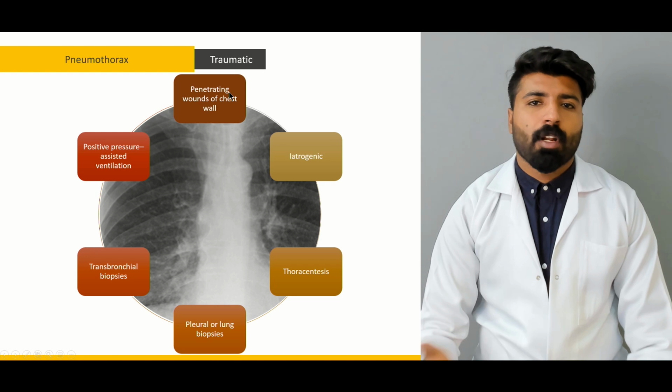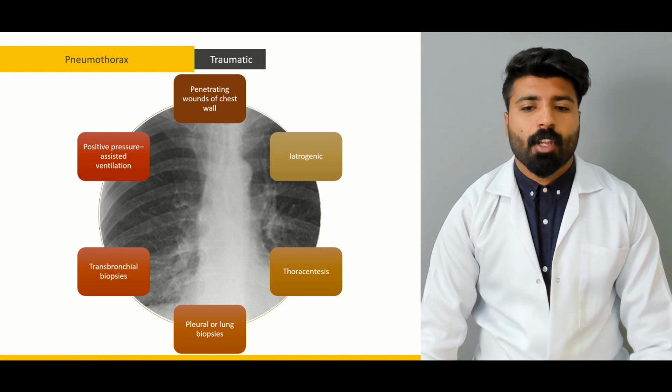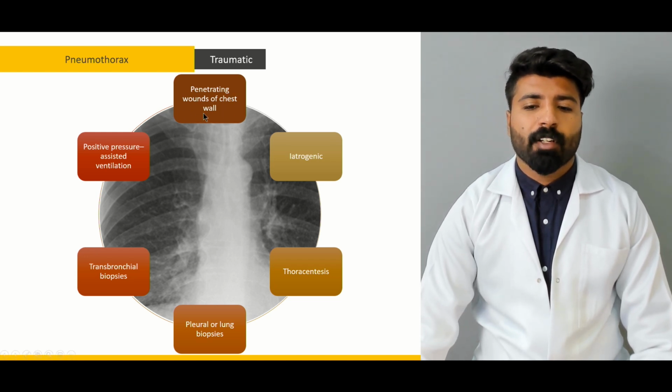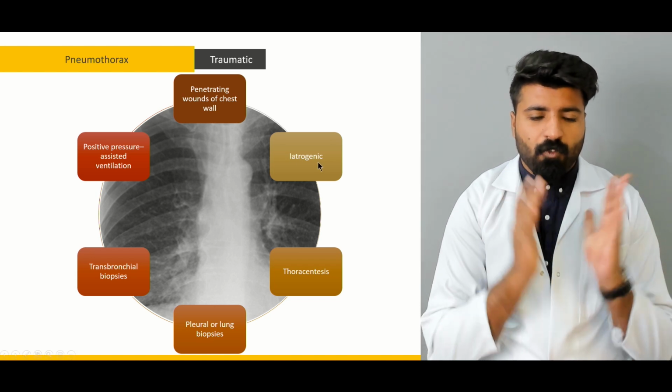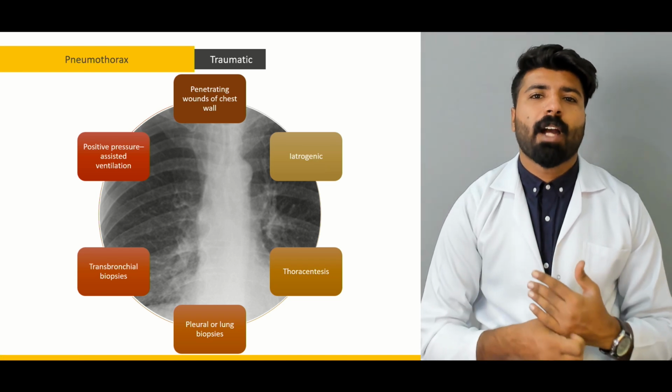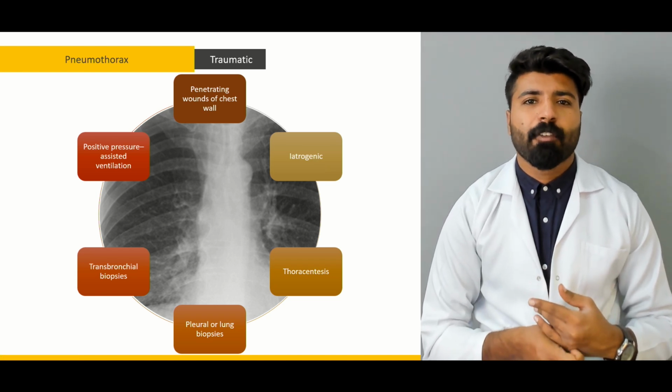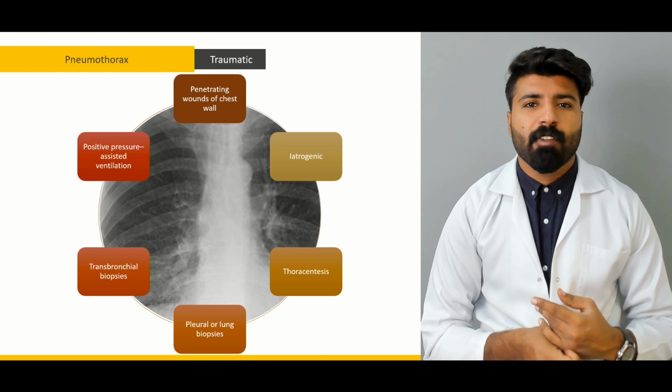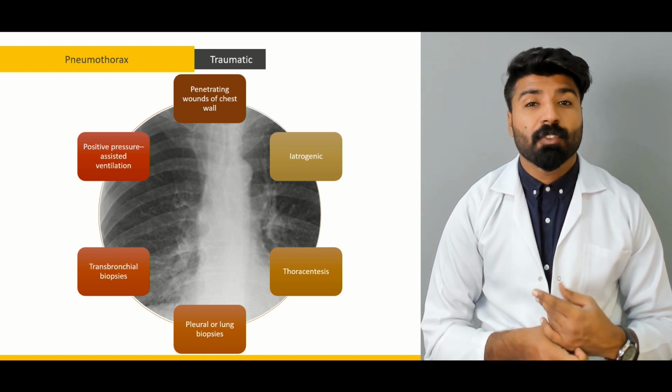Maybe someone put a knife to your chest. You got a penetrating wound of the chest wall. Maybe it's iatrogenic. You don't know the cause of it. But what are the basic reasons for iatrogenic even? Do we even know when we will call it iatrogenic? Iatrogenic is called if a patient was already suffering from a secondary pathology, if a patient was already suffering from alveolar destruction,